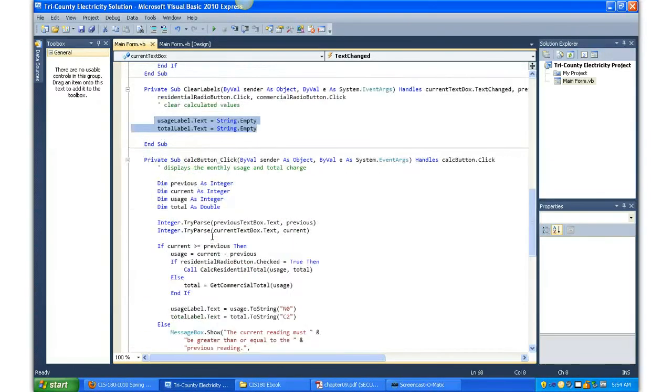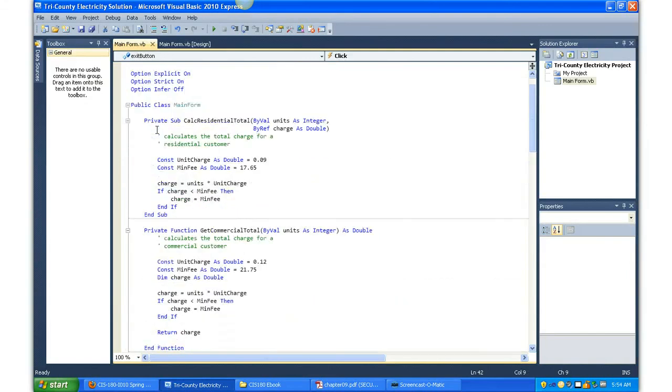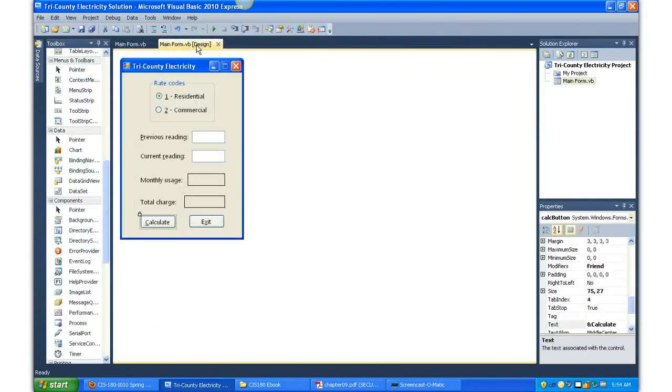Then lastly, exiting the application with the application.exit as always, and making sure you're updating your project information at the top of the code. And if you do add more information this week to the application, more bells and whistles or pictures or other objects or items within here, calculations, please note it in the message